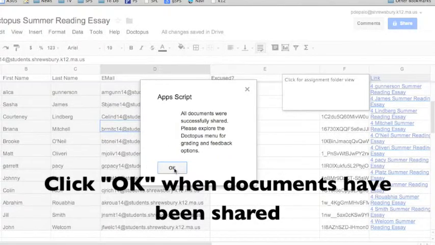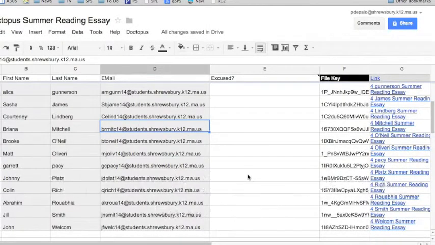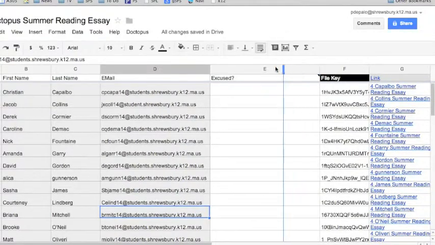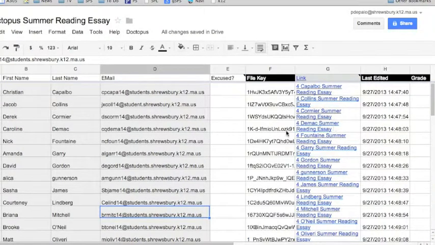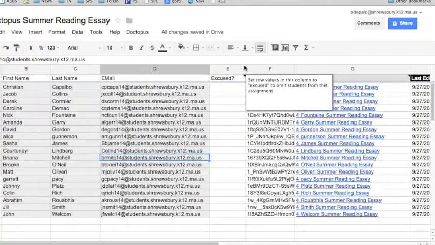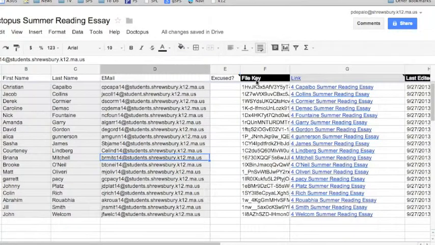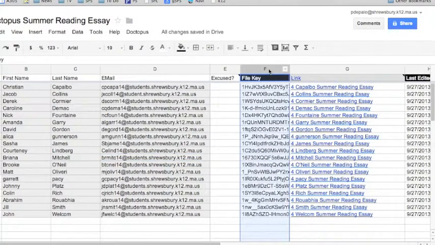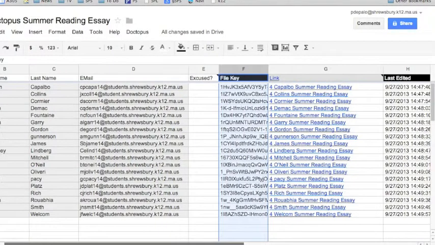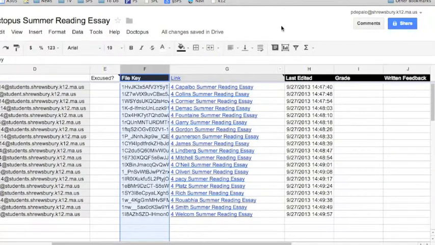Finally, all the documents have been shared. I click OK. Again, as you can see, my spreadsheet has been expanded to include information that Doctopus needs, for example, the file key. I'm not going to mess with this information, but it's part of the internal mechanisms that allow Doctopus to keep track of the work. Not only do I have a link to each student's essay, I also have a column